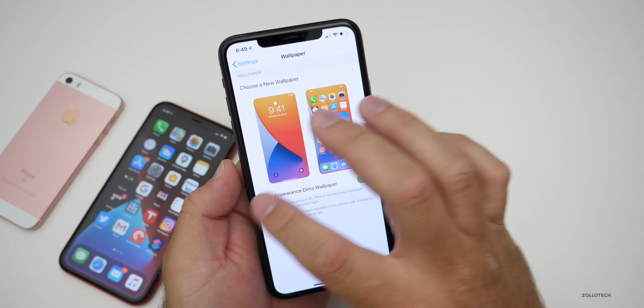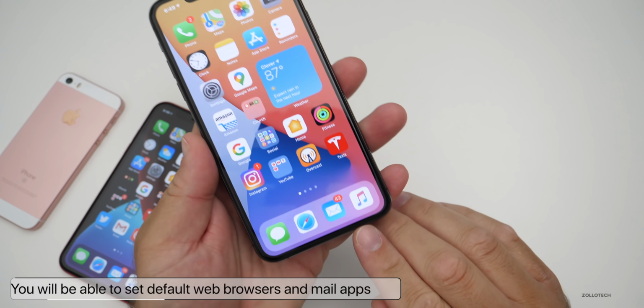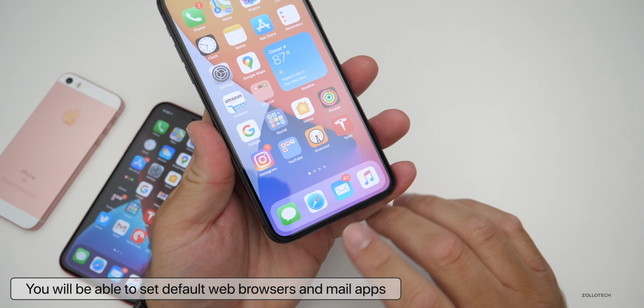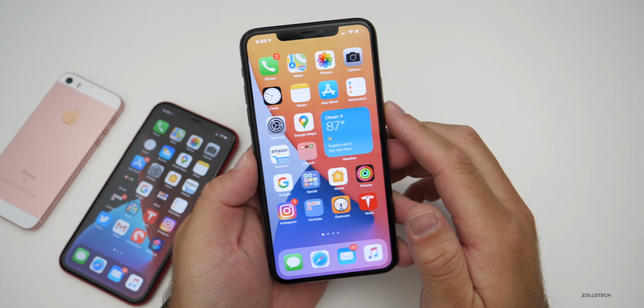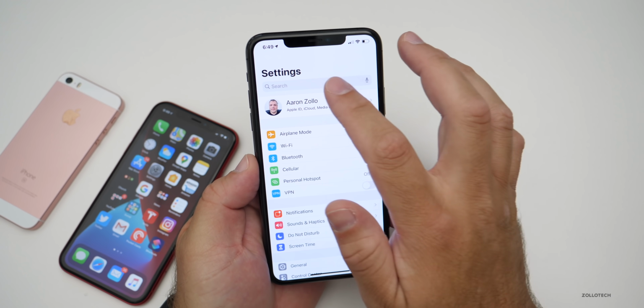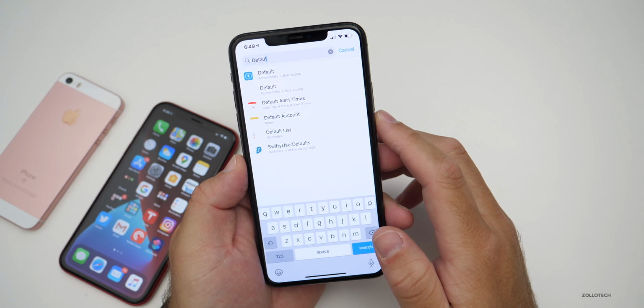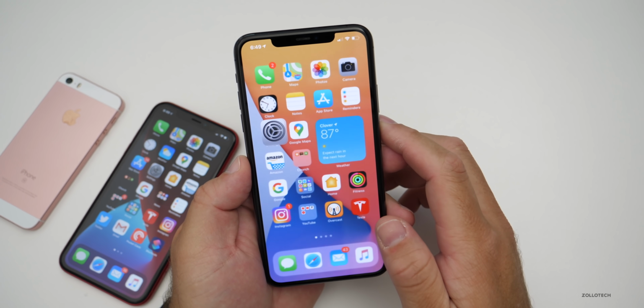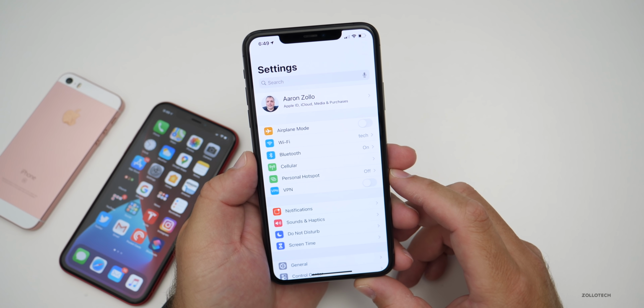Now, according to Apple, we will be able to set default apps for Safari and Mail. So maybe we don't want to use their email app or Safari. We'd rather use Chrome or Firefox. We should be able to set default apps. This was something I've looked for and was not able to find. It should be there, but I haven't seen it yet. But it will be there in the future. We'll be able to set default apps if you're not seeing it already.